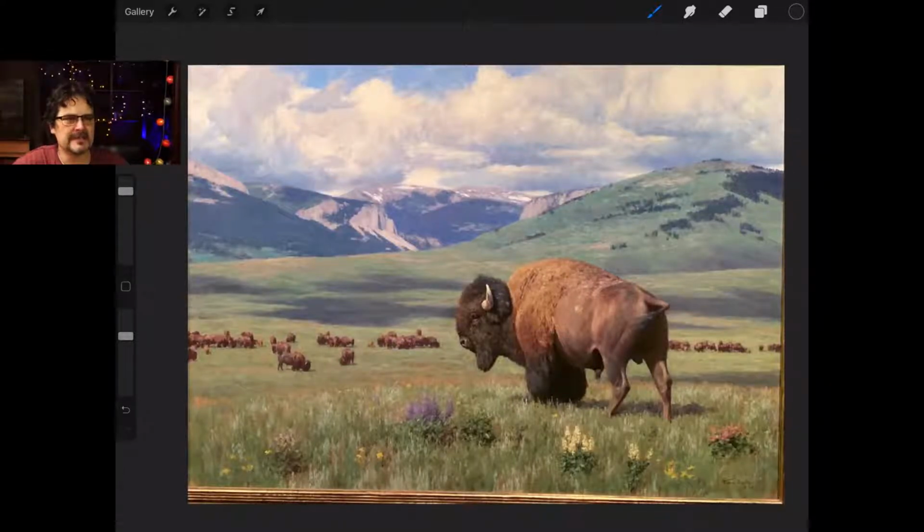As always, let's take just a minute and take the painting in. Look with your own eyes. What do you see? How does it make you feel? Do you like it? Do you hate it? Why do you like it? Why do you hate it? All right, give it a good look.